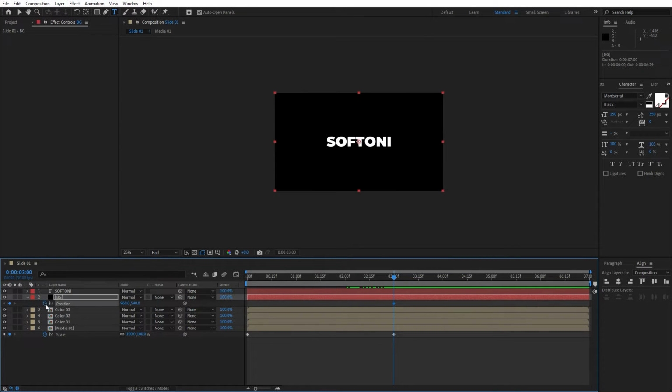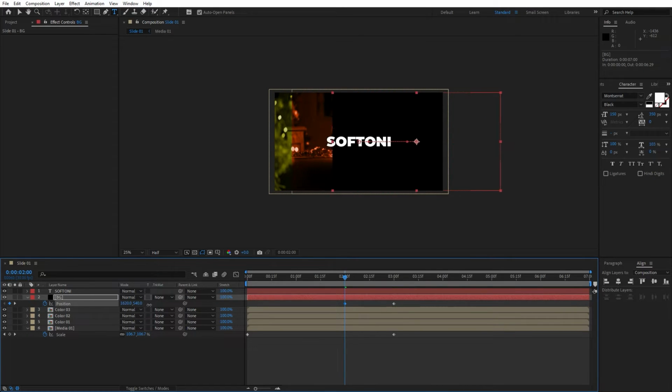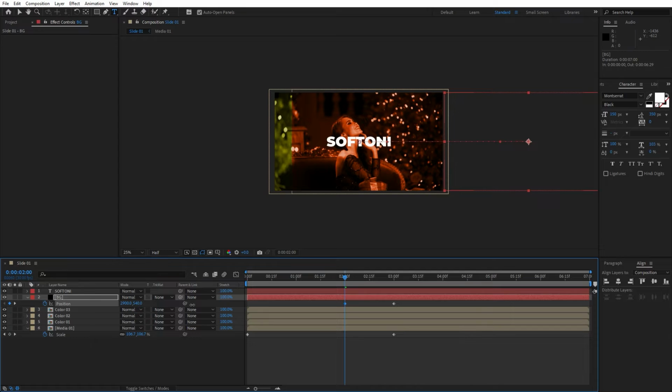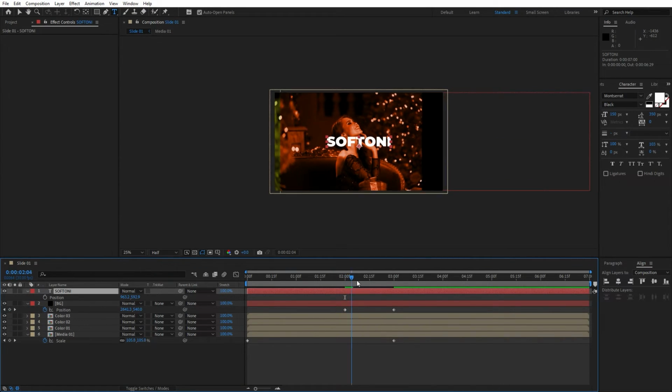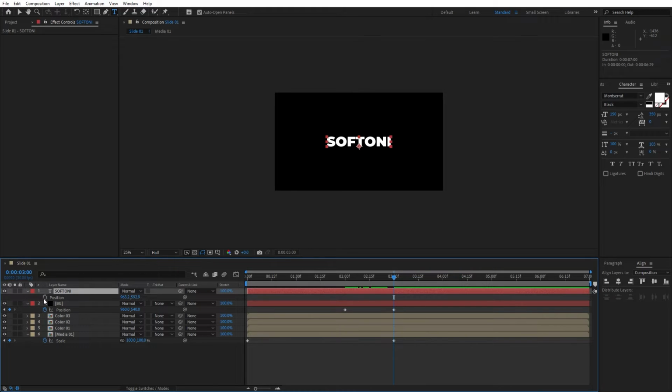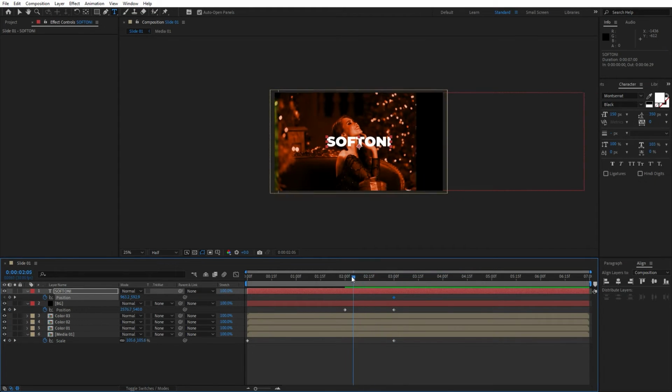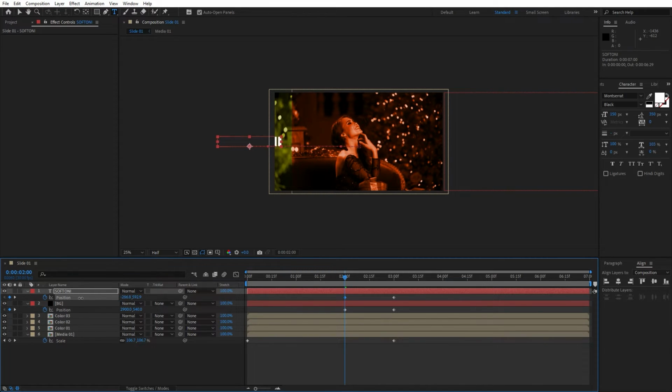position, set up the first keyframe, and then go to around 2 seconds or so, and let's move this X parameter all the way to the right side like this. And for this Softoni text, hit also P for position, go to around 3 seconds, also set up the first keyframe, then also go to around 2 seconds, and move this one to the left side and the opposite side of